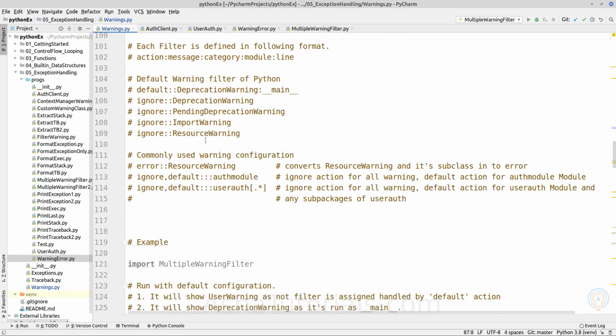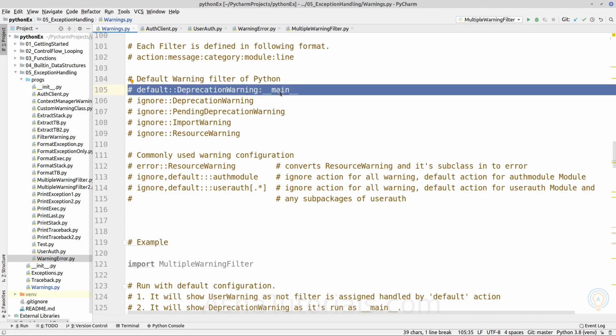Now we will see what the default warning filter configuration is for Python. So it has 3 plus 2, 5 filters. The first one is the default action for the deprecation warning if it is raised from main.